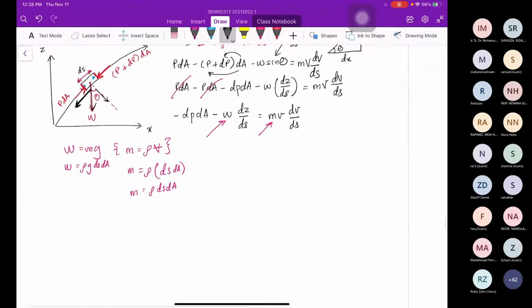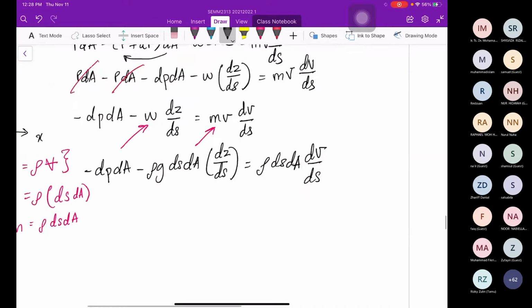After I substitute, negative dP dA minus W, which is ρ g ds dA, bracket, dz/ds equal to mass, which is ρ ds dA dV/